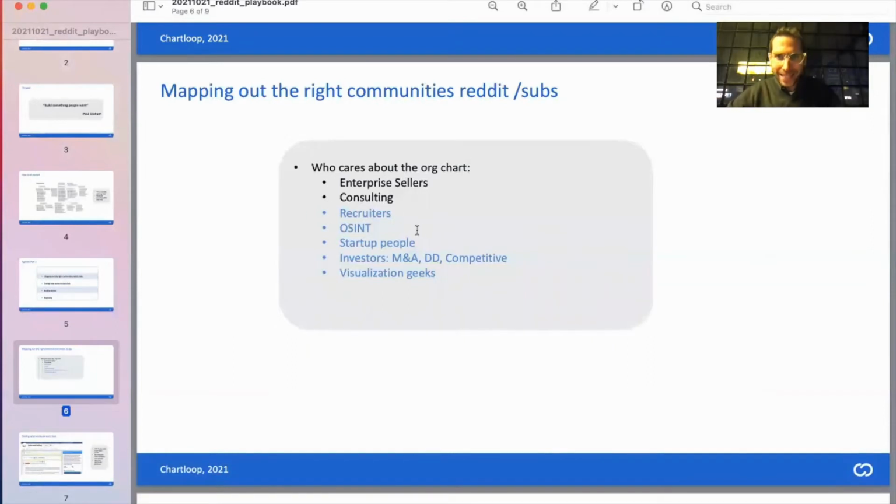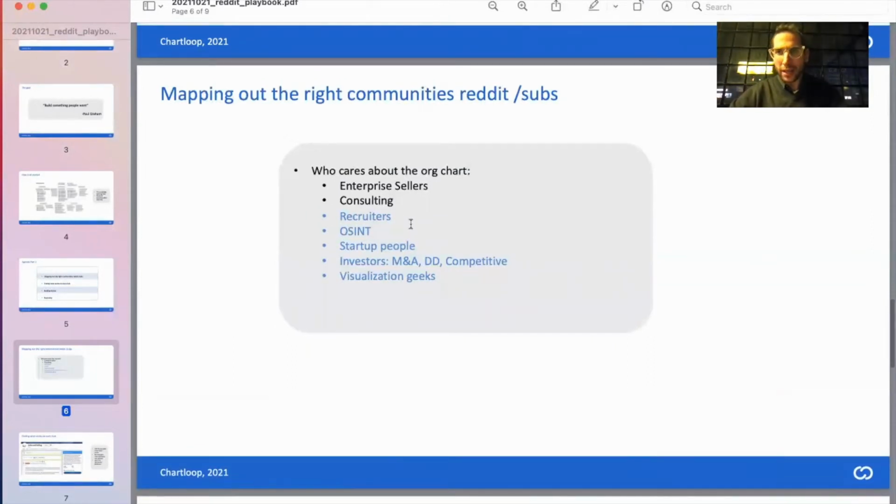So what you can see here are lists of communities which I found which are relevant. In our case, we were looking for people interested in sales. We were looking for consultants because consultants are extremely geeky and excited about their data. And then recruiters, right? Where do they hang out? OSINT was a community that I discovered that a lot of these recruiters and sourcers are into: open source intelligence gathering, like all kinds of scoops on people's social and things like that to discover identities. So those are types of places that they hung out in.